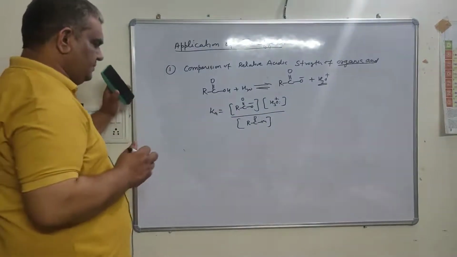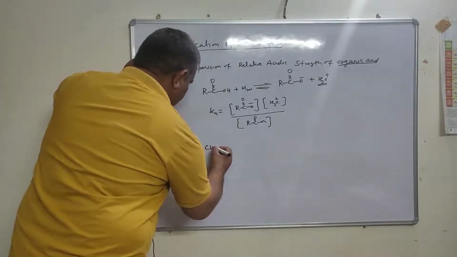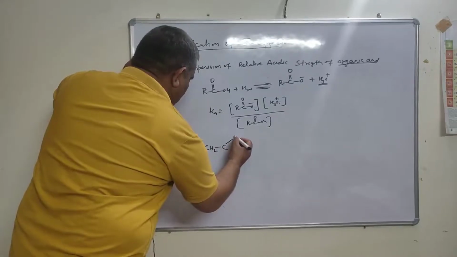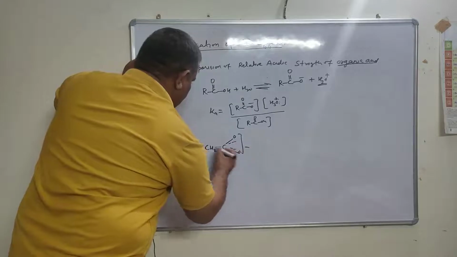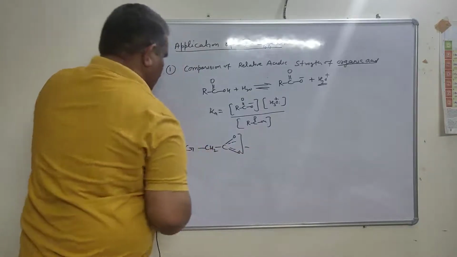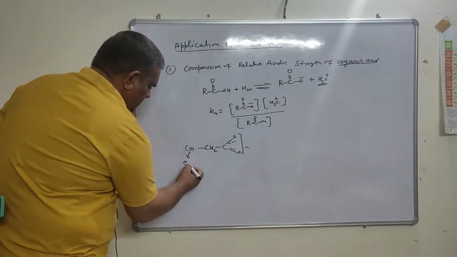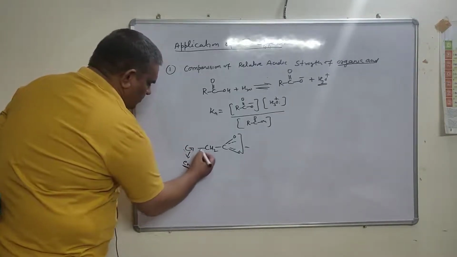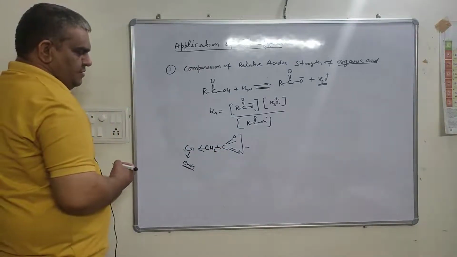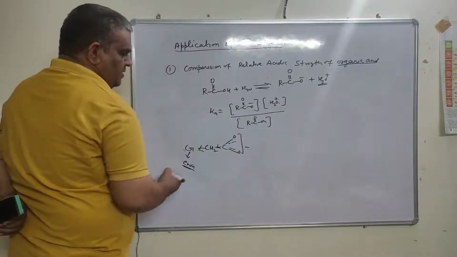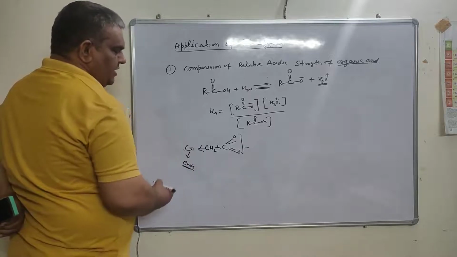For example, take CH2COO negative, and a group G is here, an electron withdrawing group. This group withdraws the electrons towards itself, and by dispersing the negative charge, it stabilizes the carboxylate anion and increases the